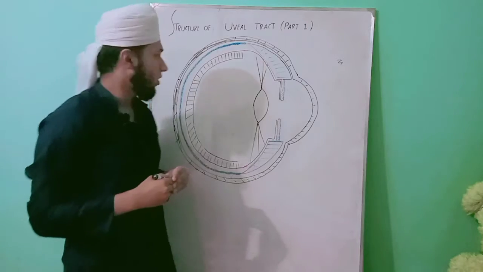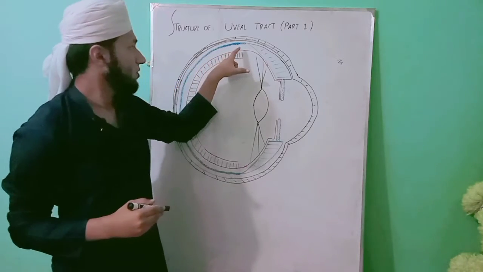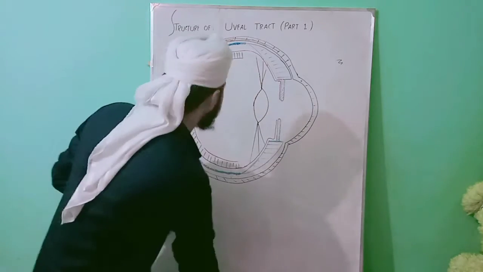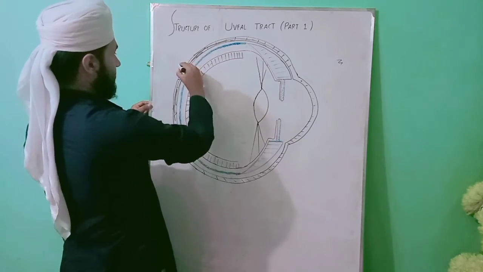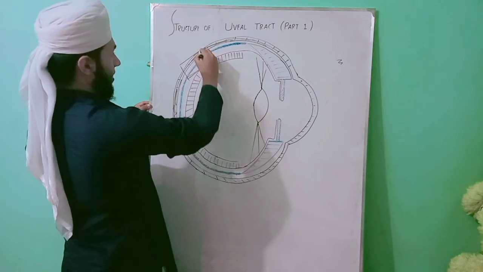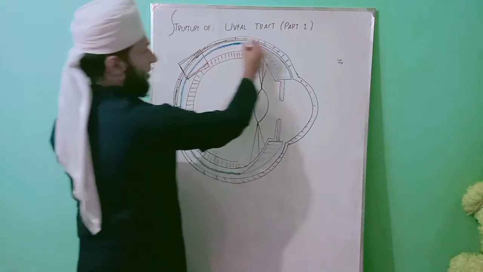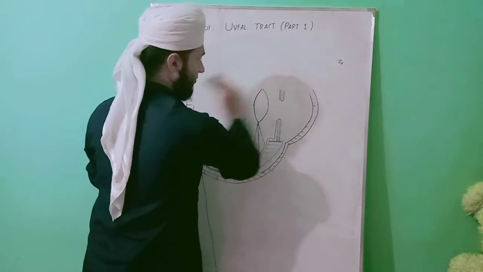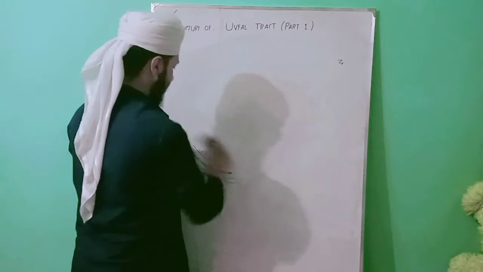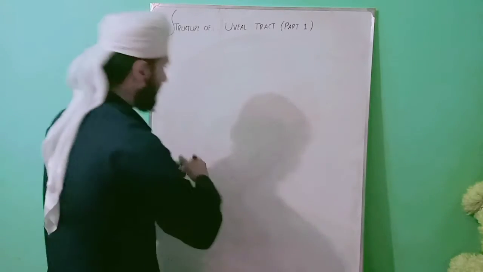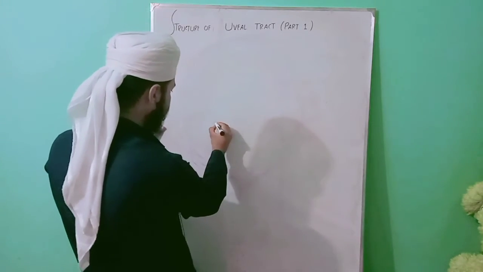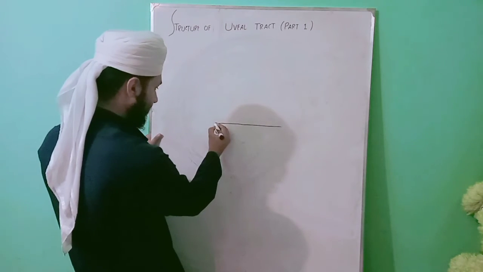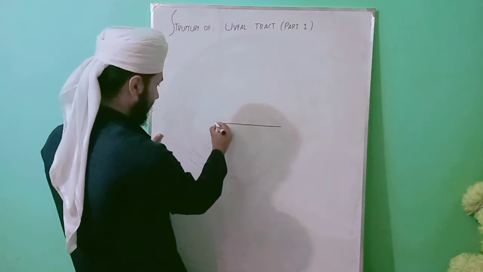Under light microscope, choroid is seen to consist of three layers. Now we will discuss the structure of these layers in detail. Let me suppose this is our choroid. I have taken this piece of choroid and I will draw it here. So outside the choroid, what is present? Sclera. So this is the sclera.